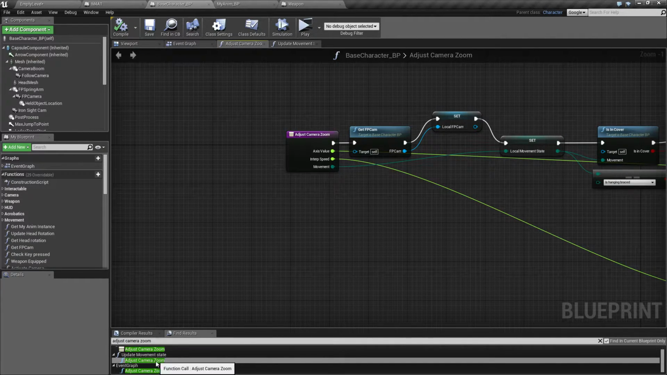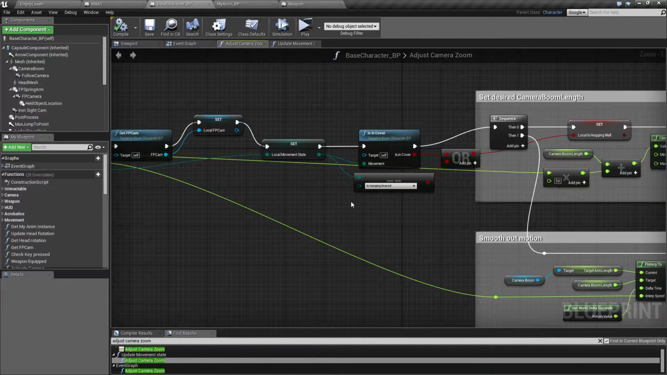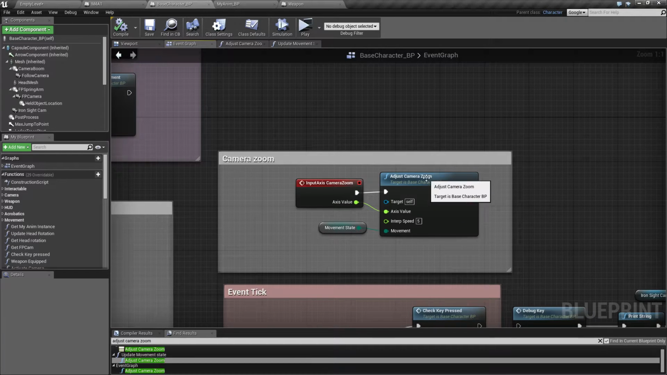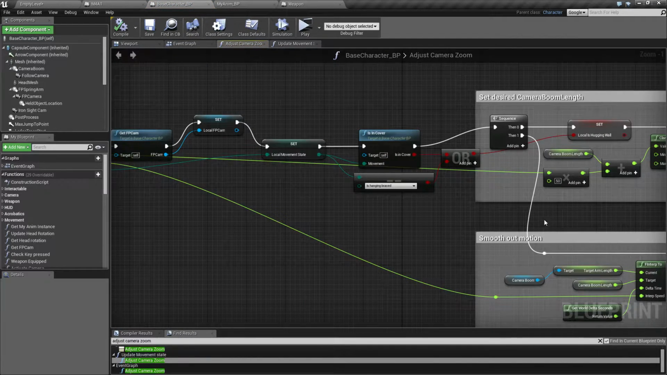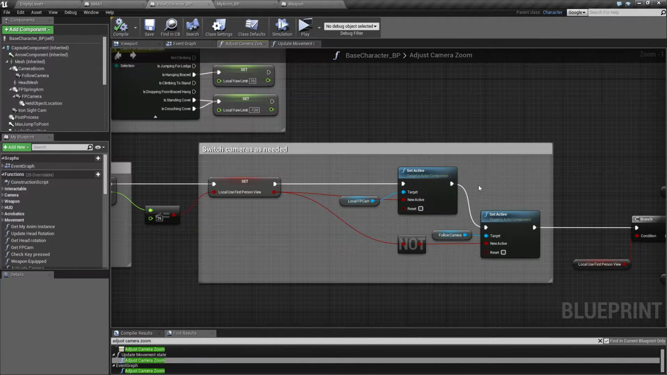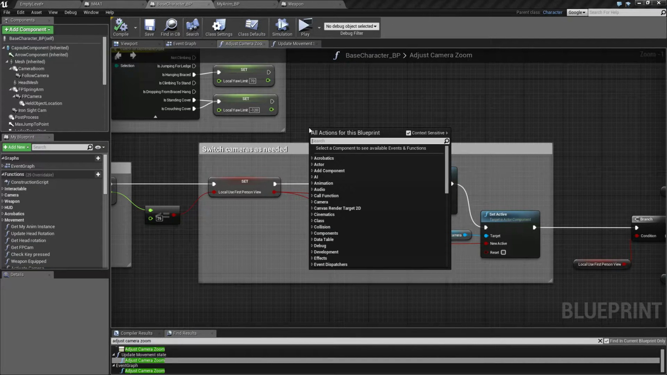So now we only have this adjust camera zoom being called in one place, and that's from this input axis camera zoom event. But that's also going to be triggered every tick. So we don't want to do this constantly. That's actually what I found out in the meantime. So one thing I want to check here is